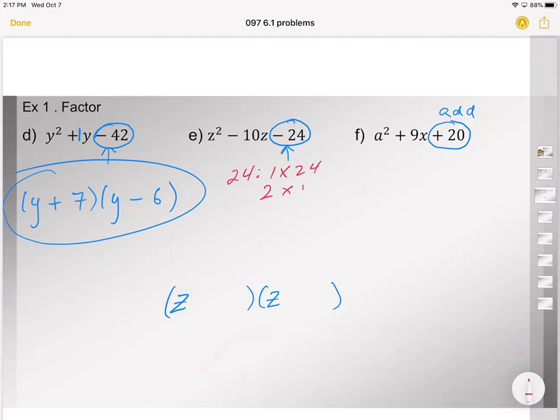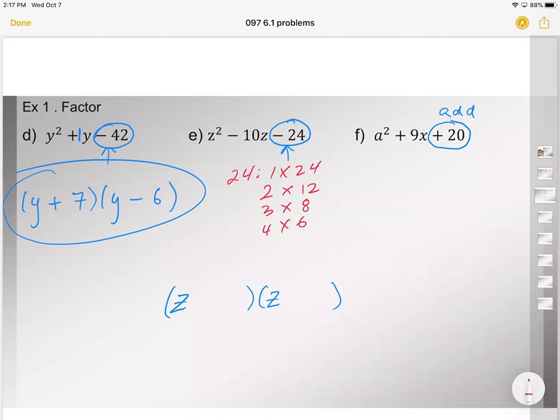2 times 12 is 24. 3 times 8 is 24. 4 times 6 is 24. 5 doesn't go into it. 6 doesn't go into it. Looking at this, and again, I purposely gave you this item to show you that